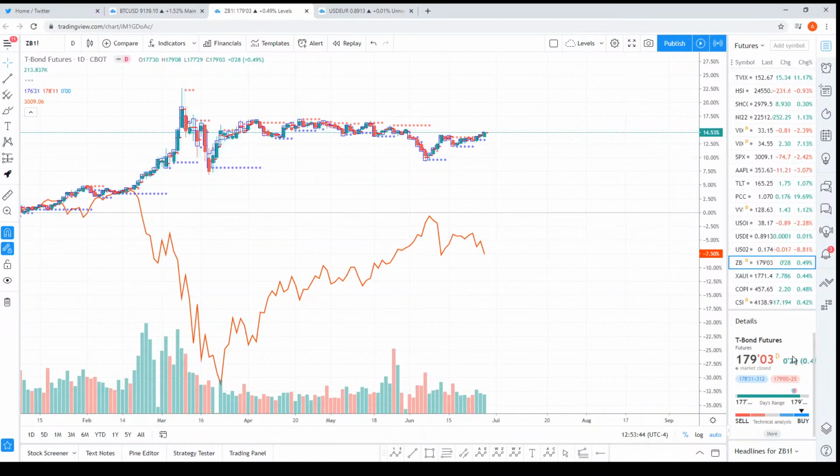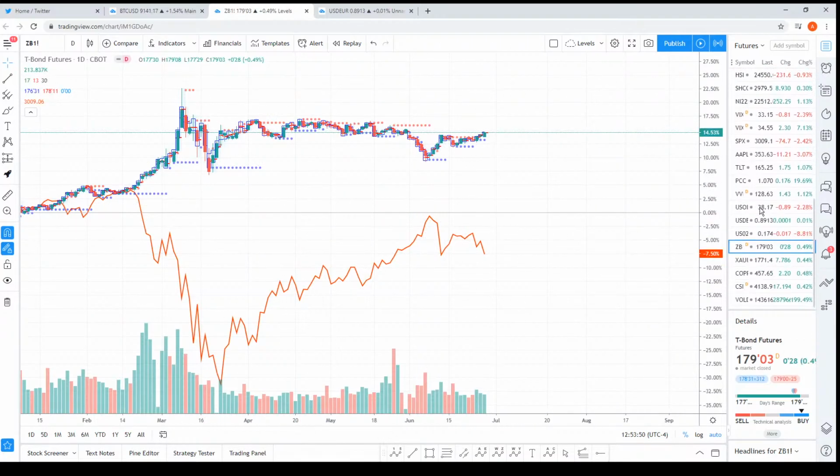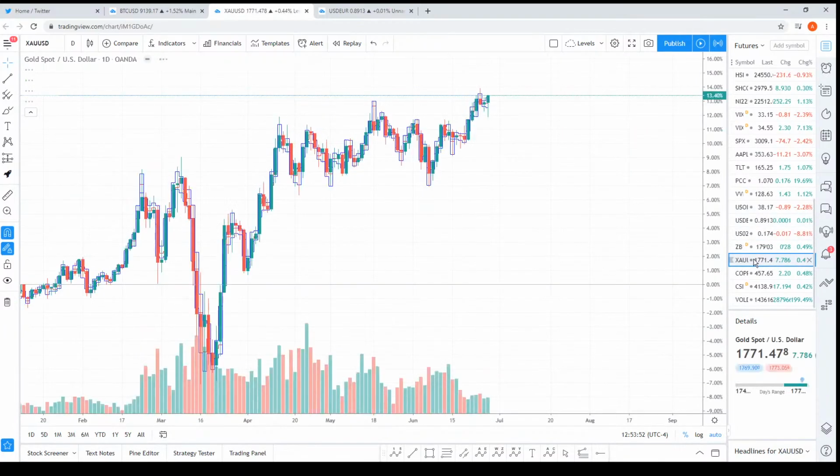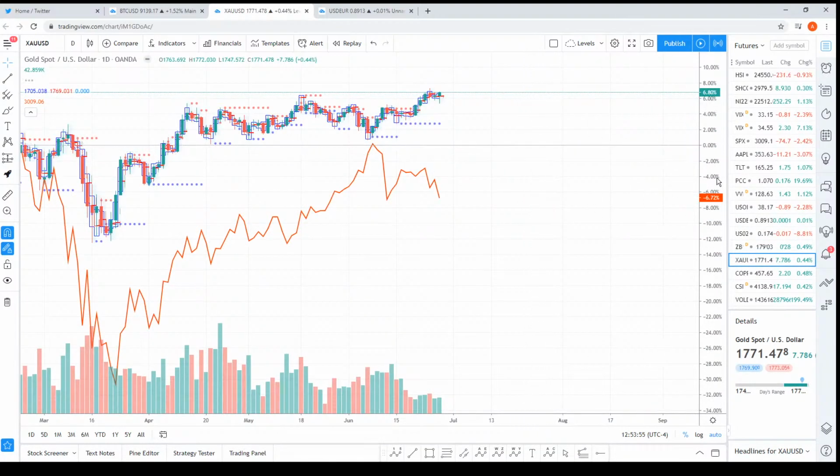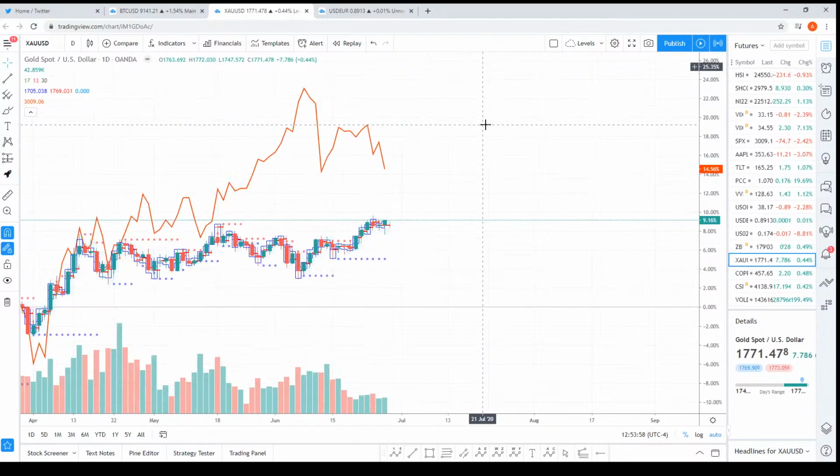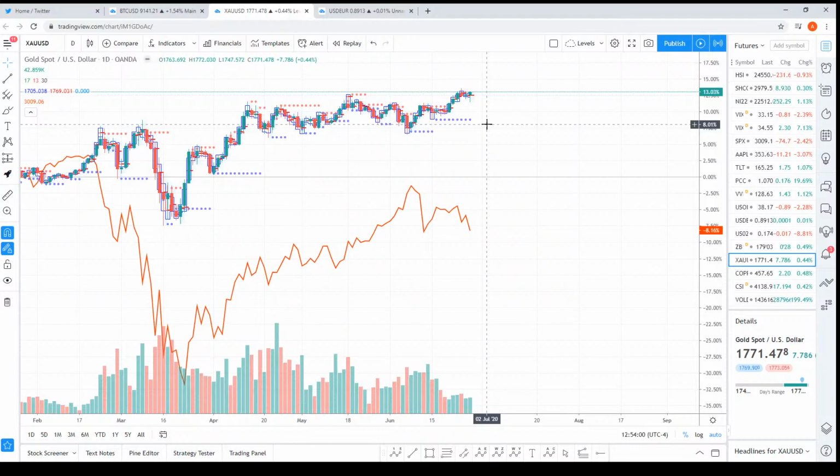Bond futures are up about 0.5% right now from Friday, obviously. Gold is up. Gold's in an interesting spot here. So I don't think that gold is going to make new highs right now. I could be wrong, but the reason why I don't think gold's going to make new highs is because as this